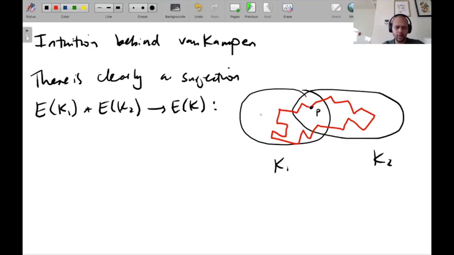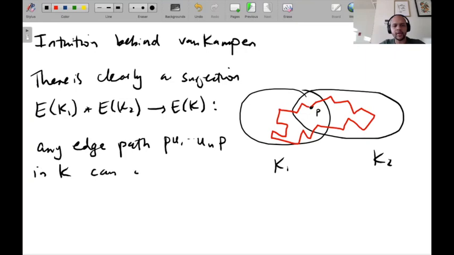The point is that any edge path, let me write it like P, U1 up to UN P, in K